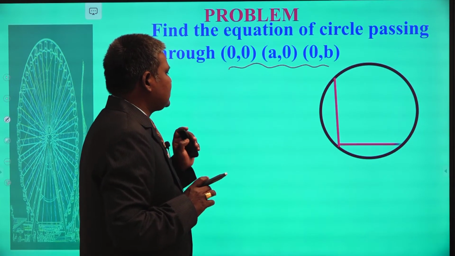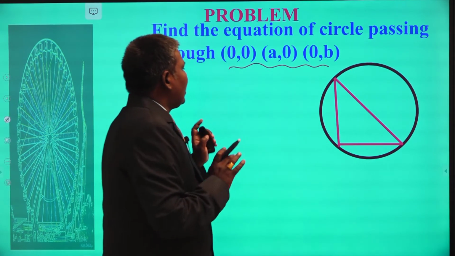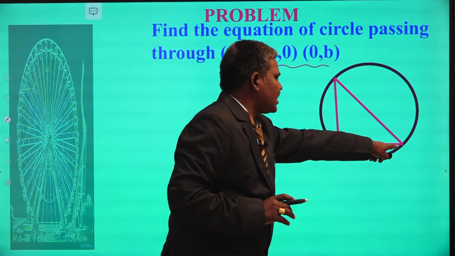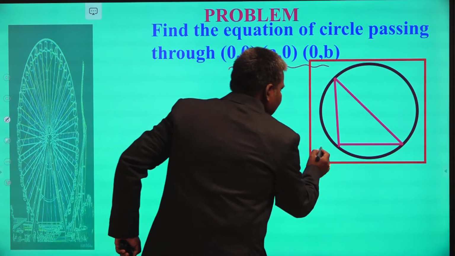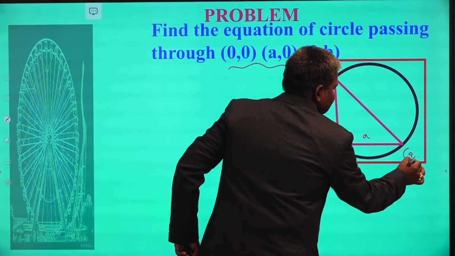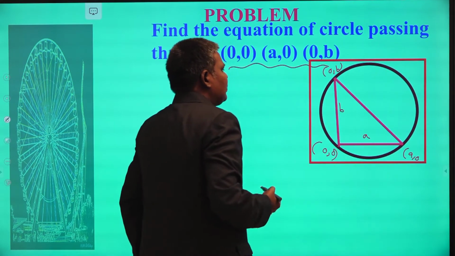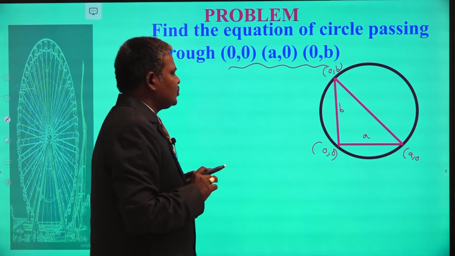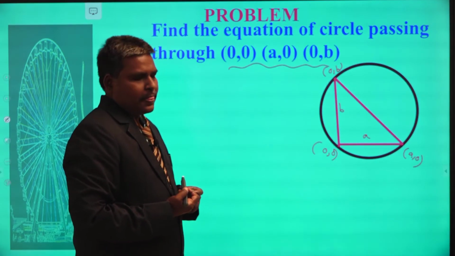So this is the y-axis, this is the x-axis, joining the 2 points like that. We have to find the equation of the circle passing through these 3 points. This is (0, 0), this is (a, 0), this is (0, b). This is the corresponding diagram. This is (0, 0), this is a units, this is (a, 0), this is b units, this is (0, b). One hundred percent of the students can imagine how to write the equation of the circle. Did you follow or not?